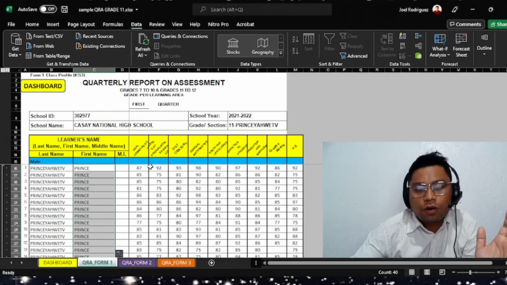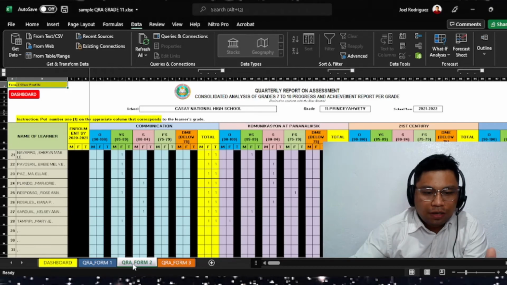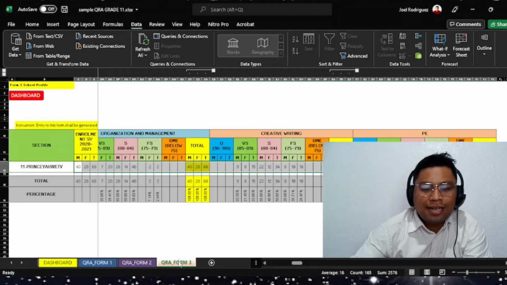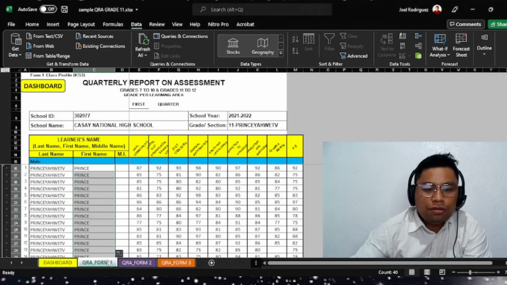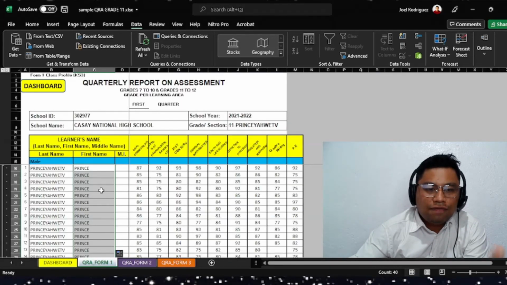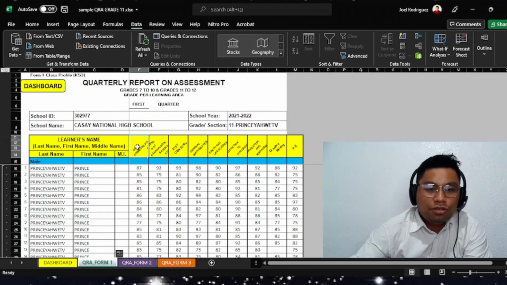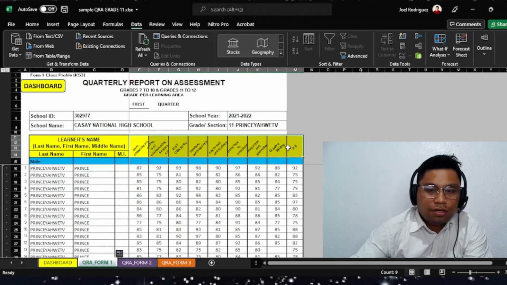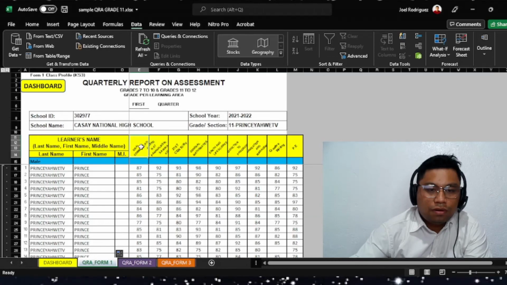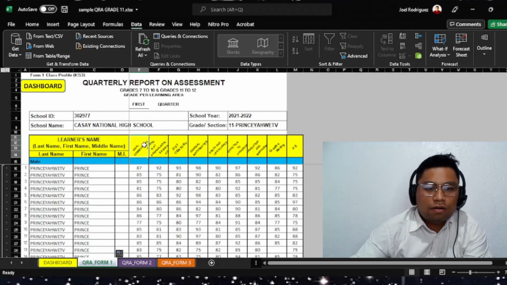Okay, so this is quarterly report assessment form 1, quarterly assessment form 2, and quarterly assessment form 3. So you don't do anything on form 2 and form 3. Just the advisor will encode the name of the students here, the grade of the student, and the subject. In the DepEd memorandum, there is no senior high school template, so I made this template